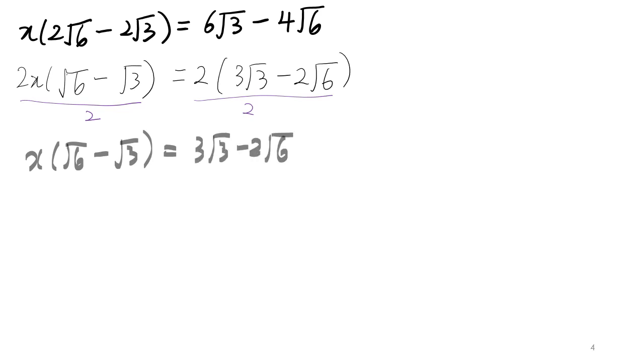Okay, why do you want to do that? Because if you can make the number smaller, you can make the surds in a more simplified form, and the chances of you making mistakes will be lesser. Right, so I want to find the values of x, so I need to divide both sides by square root 6 minus square root 3. So that will give us